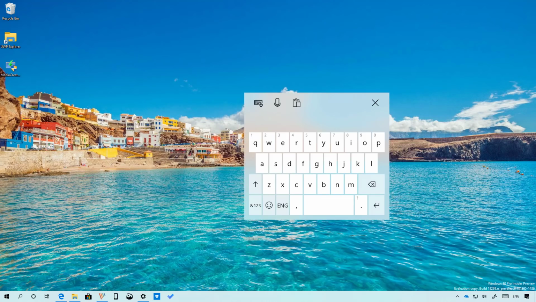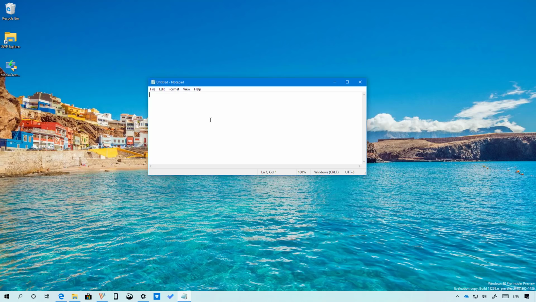If you use the touch keyboard on your computer, you will now be able to type faster and more accurately. Starting with build 18290A, Windows 10 will now detect your typing behavior and dynamically adjust the hit target for each key based on the prediction of what letter you're trying to type next. You will not see any visual changes, but you're just simply going to see an improvement when typing with a touch keyboard on your touch-enabled device.